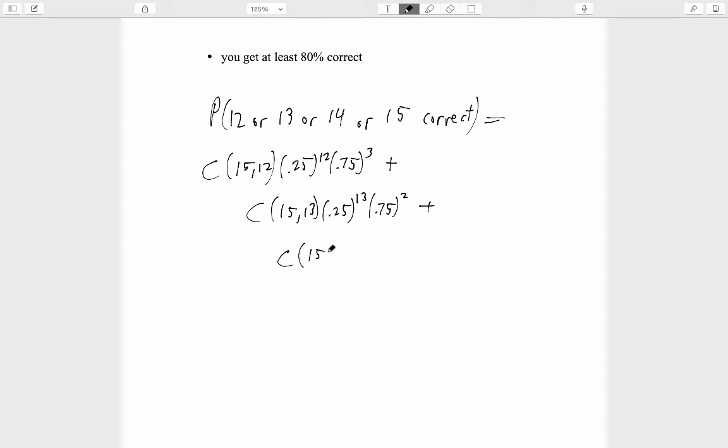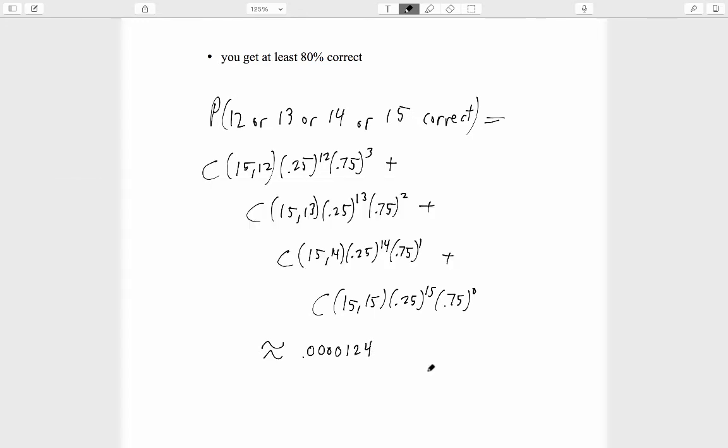Next we look at the probability of exactly 14 correct. That's 15 choose 14, 0.25 to the 14, 0.75 to the 1. It's not obligatory to write that 1, but it is polite and recommended. And finally, 15 choose 15, 0.25 to the 15, so this is the probability of all correct, times 0.75 to the 0. Again, not obligatory to write the 0.75 to the 0, but it's a very good idea to do so that this expression will have the same form as all the others. In the end, this is only about